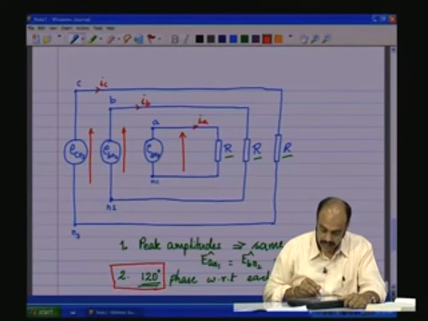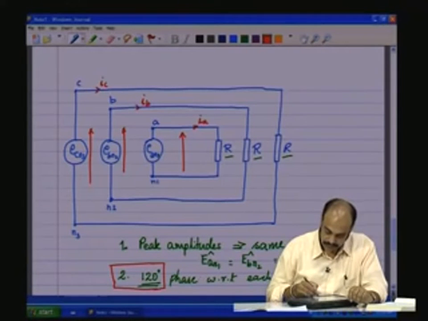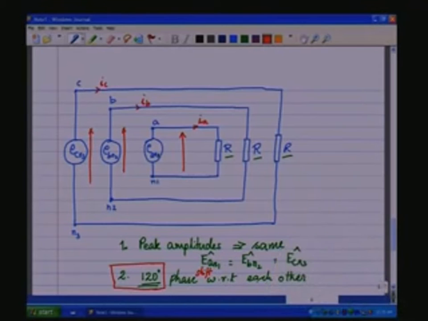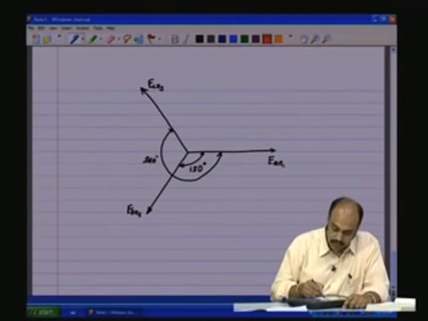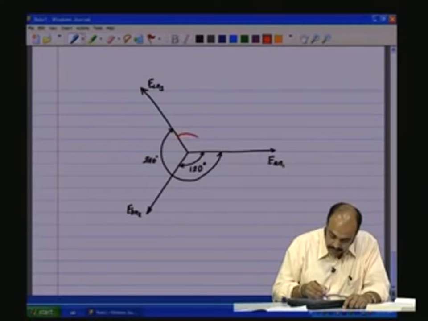It says there should be a 120 degrees phase shift with respect to each other, that is all these three sources. So, we have 120 degrees phase shift between EAN and EBN, 240 degrees phase shift between EAN and ECN on the negative side, but this means that ECN is leading EAN by 120 degrees,